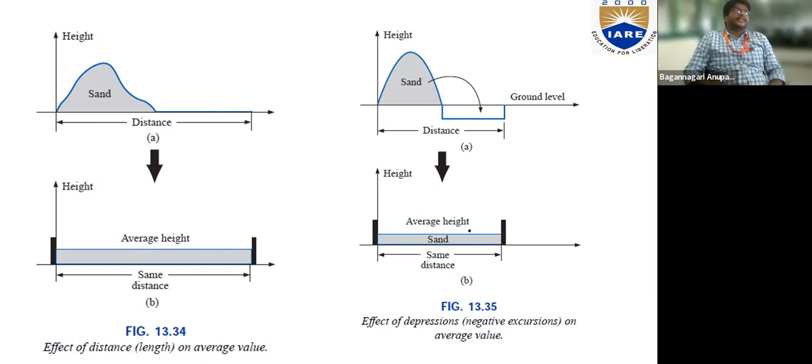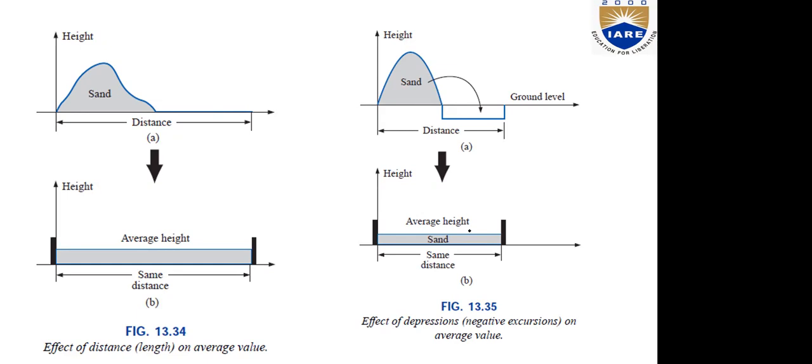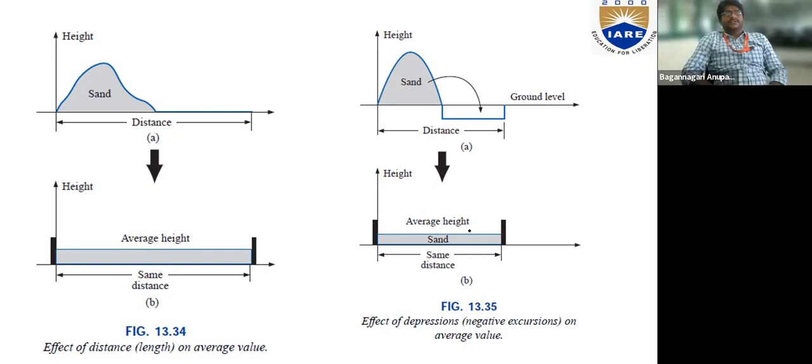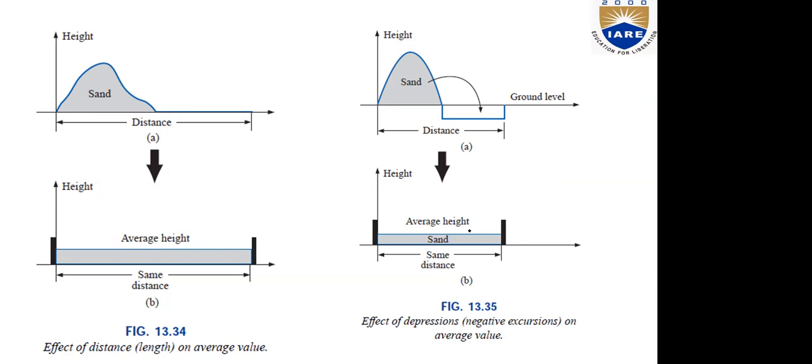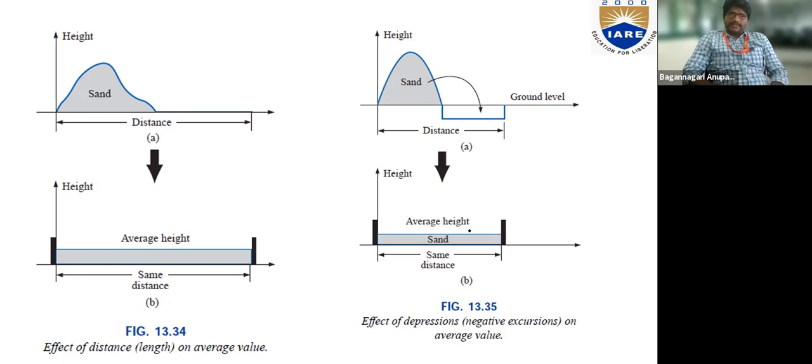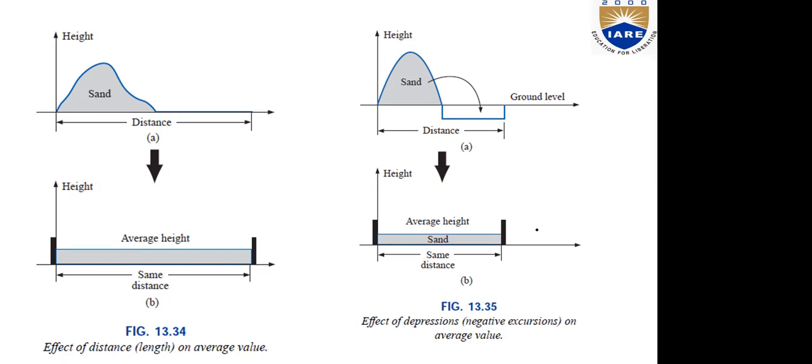Whenever you do the calculations, how did you get 2 V maximum by pi? Did you integrate it over 0 to pi? Yes, sir, the integral of 0 to T by 2 of V naught sin omega t dt, divided by the integral of 0 to T by 2 of dt. Did you derive it only for the half cycle or for the full cycle? No sir, for the half cycle. We are taking limits from 0 to T by 2, right? Yes. So from 0 to T by 2, similar things can be done here, right?